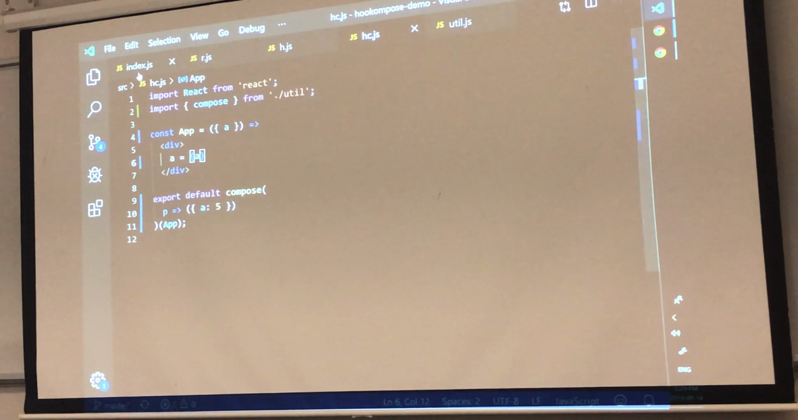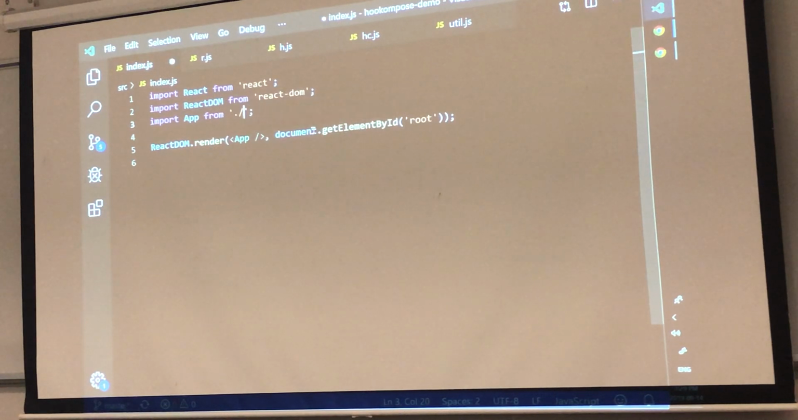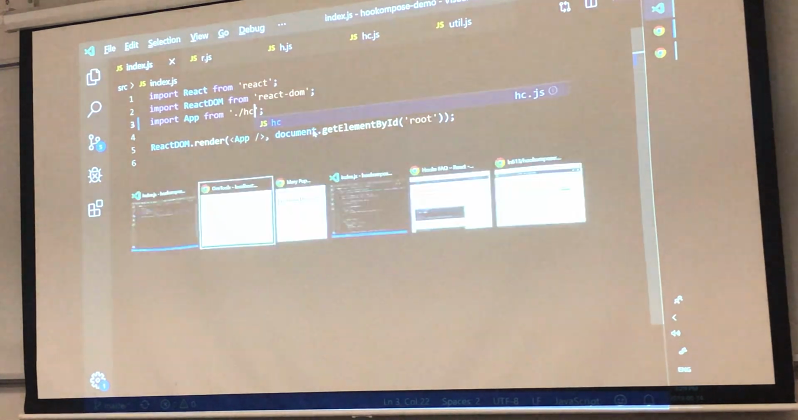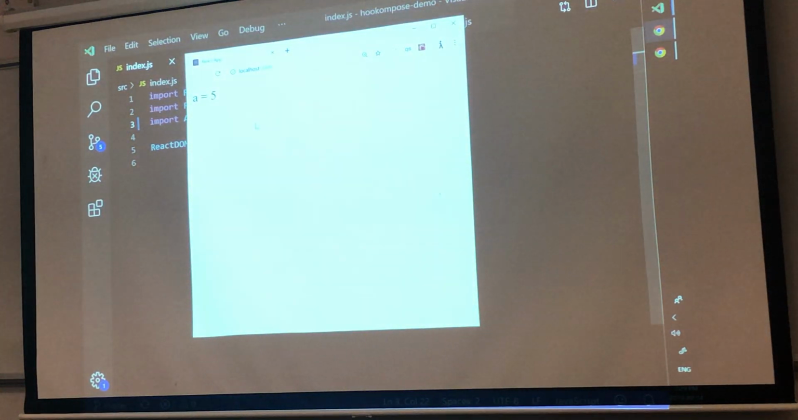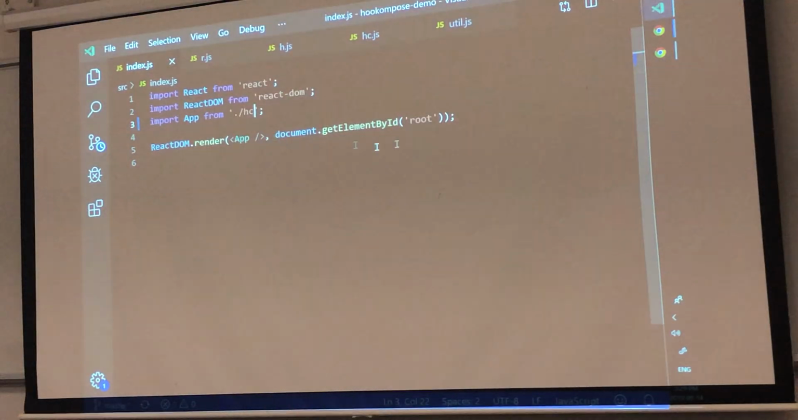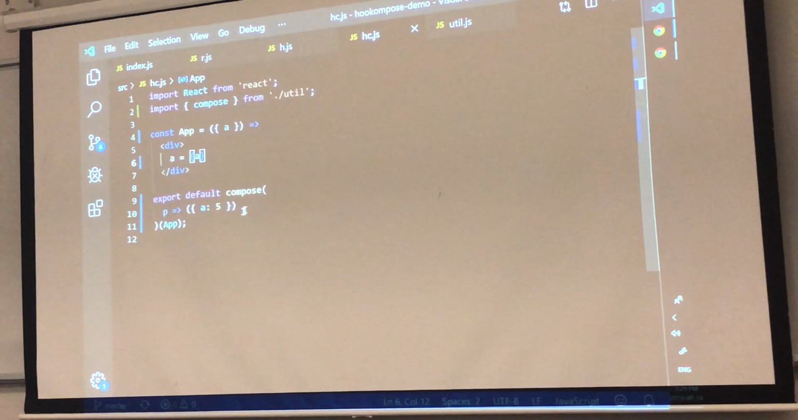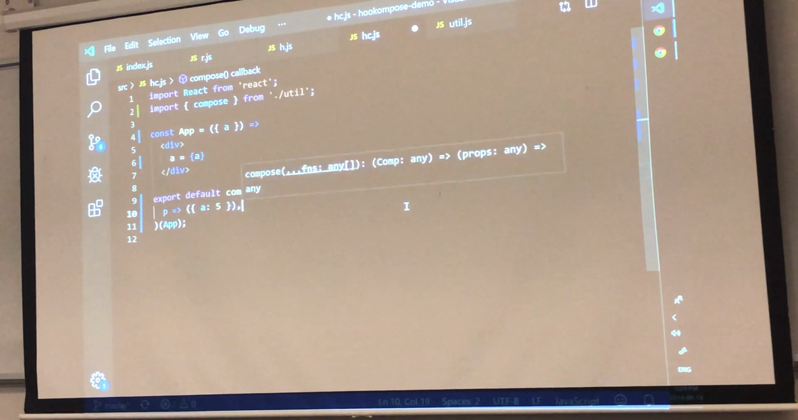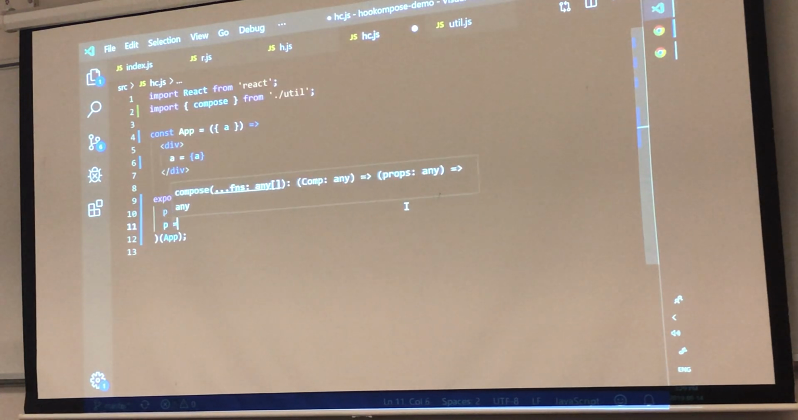Let's see if it works. Let's change to the example, to A equals 5. It's working. So now we can put more enhancer functions, like